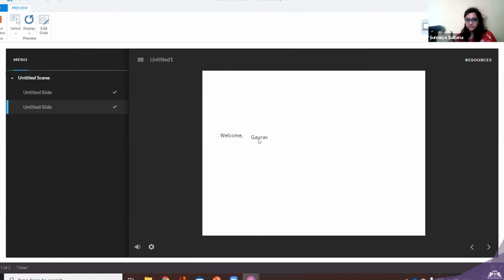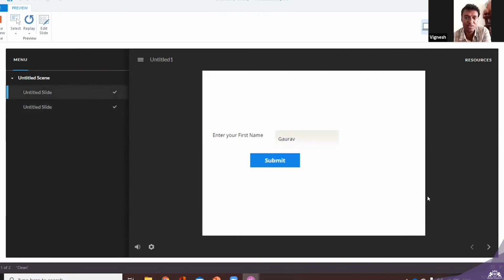Vignesh, in the trigger, we also had a button, right? We also used it. So then why didn't that come here? No, Samya, you told me the button is not here, right? Or I didn't get your question. No, yeah. Here we have the submit, whereas when we changed the trigger also, there the button was also there. But why is it not reflecting on the second slide? Because the trigger itself, while the user is clicking this button, it has to navigate to the next page and it should reflect it, right? So that is the reason behind it, I would say.